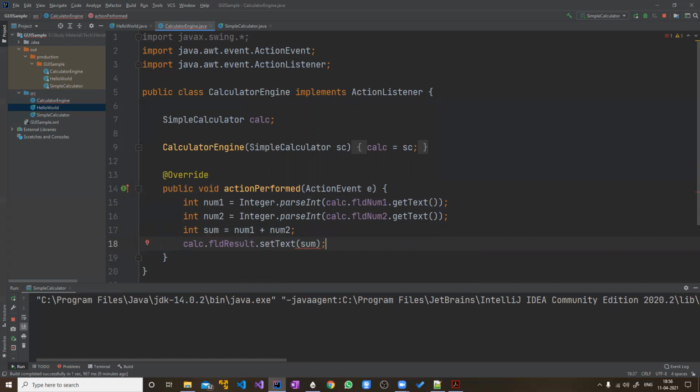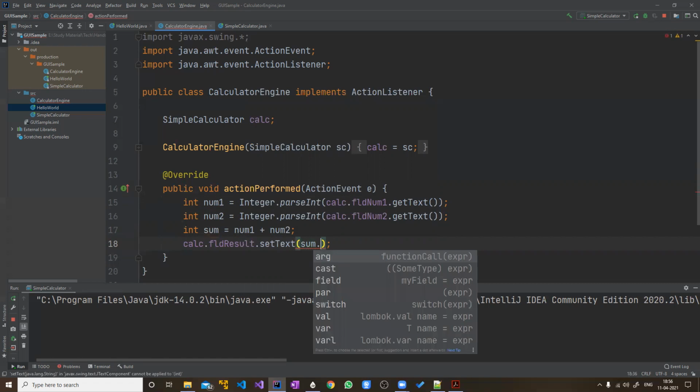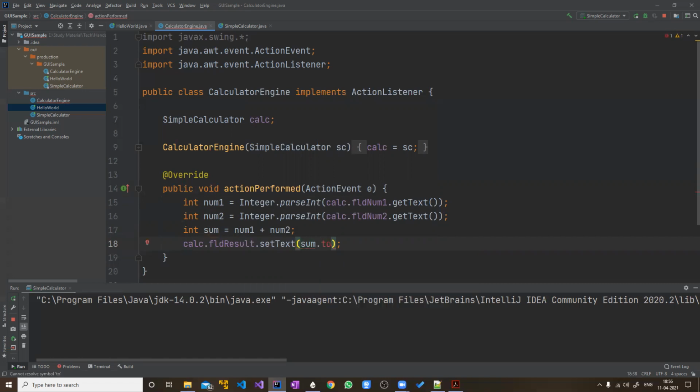Now there is an error here as well, because just like get text gives you text or string, set text expects a string. So here it expects a string. There is a function called toString, but toString is available with Integer, not int.